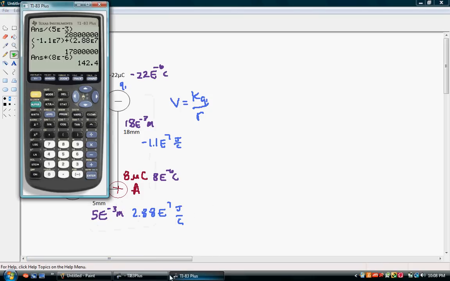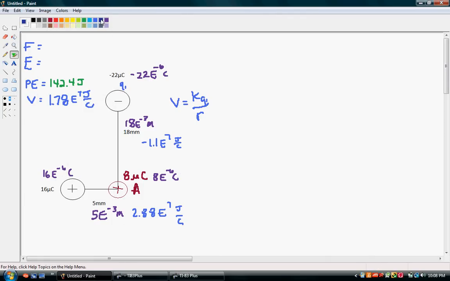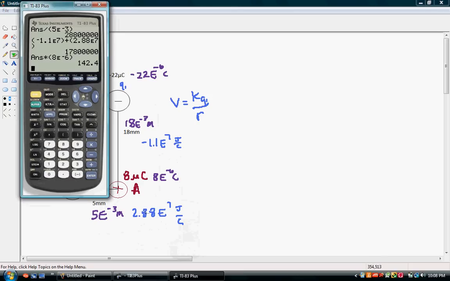Alright, and then we could find our electric field, so let's go ahead and do that now. Electric field is kq over r squared, so let's go ahead and find it for point A due to this Coulomb charge, the negative 22 first. So we've got 9 e to the 9th times 22 e to the negative 6, and we use the absolute value of that 22 microcoulomb charge with our electric field over the distance squared, so 18 e to the negative 3rd squared. And we get 6.1 e to the 8th